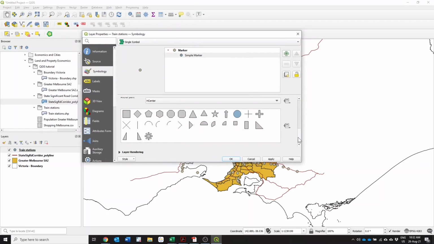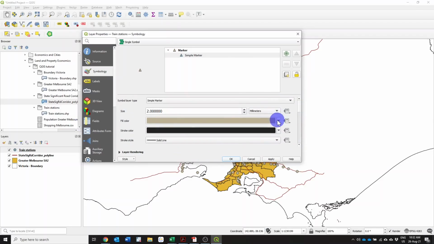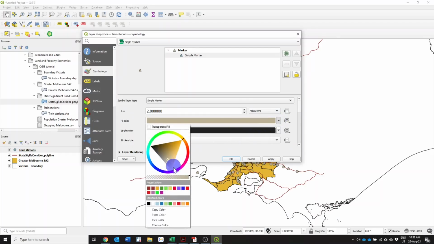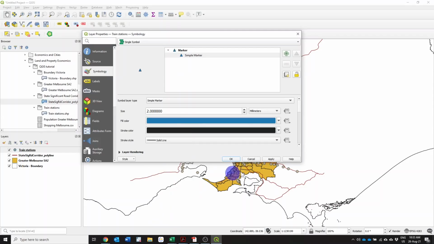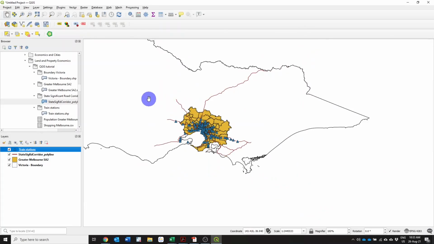I think we could make them, change the kind of shape you want it to look like, and then let's change the color to, hmm, let's see. Yeah, that looks better. So here we go. So this is how to import different vector data